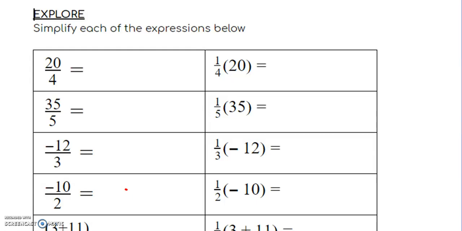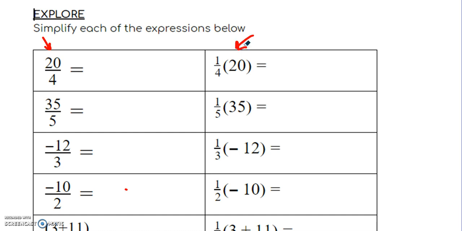I just wanted to quickly review some of the things that we talked about yesterday in class. I think some of you could benefit from hearing it just one more time, and those of you who are absent as well could just listen through it. We started class yesterday by talking about this relationship between problems that are written like division and problems that are